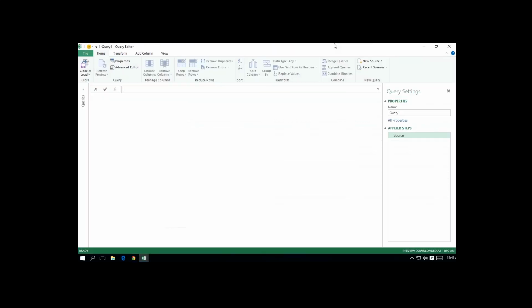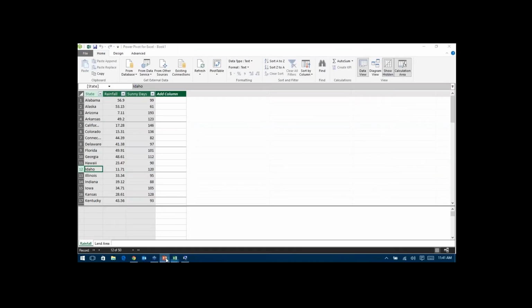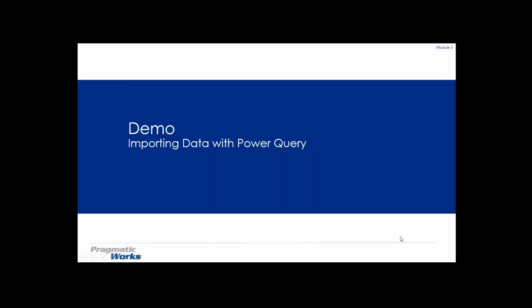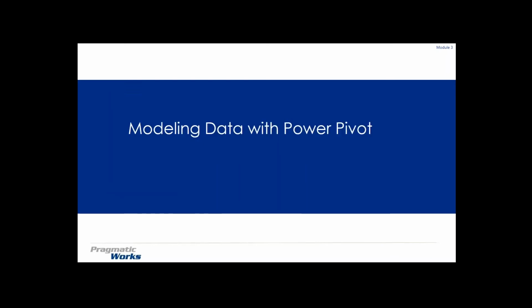So again, where the data sets come from doesn't matter in this case. Ultimately, we can bring that data in from the web, from a local source, inside your SQL Server, or Oracle. A bunch of locations where we can bring it in and manipulate all that data with Power Query, as you saw, put it in a little bit more usable format for us. And then now inside of Power Pivot, we're going to tell it how we want to actually associate those data sets and extend the data sets a little bit more here.